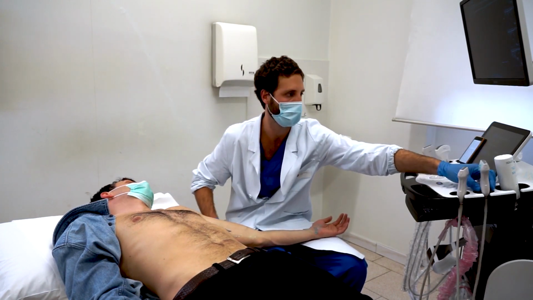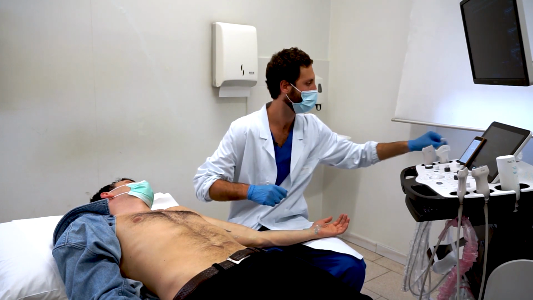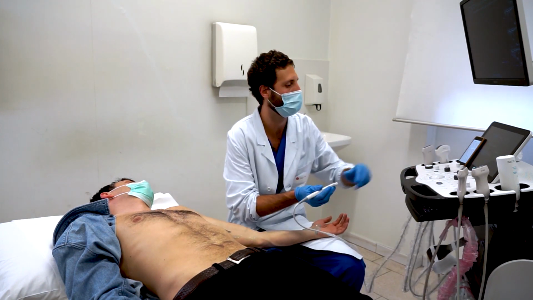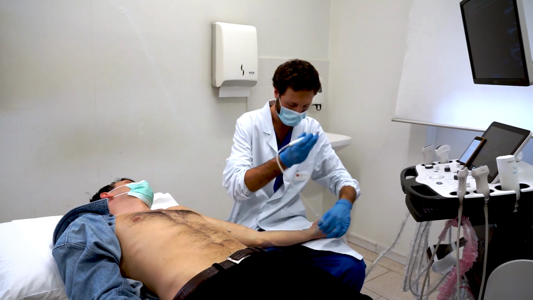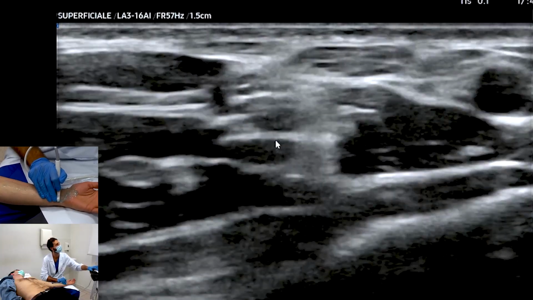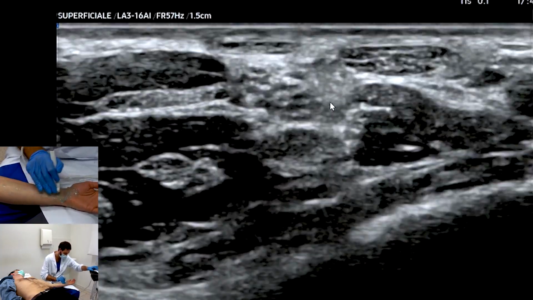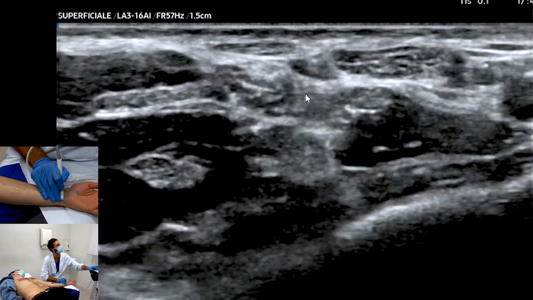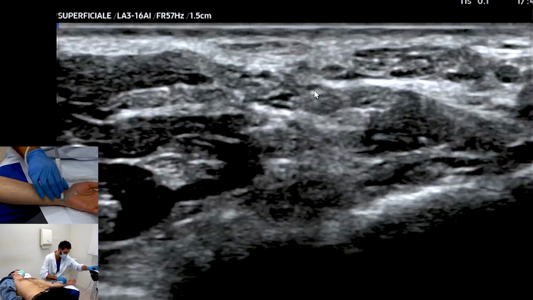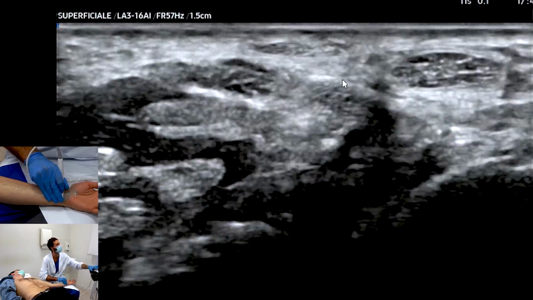We were using a 12-14 megahertz probe, and if you have an acoustic probe available, it would probably be the best to evaluate this small structure that is outside the carpal tunnel